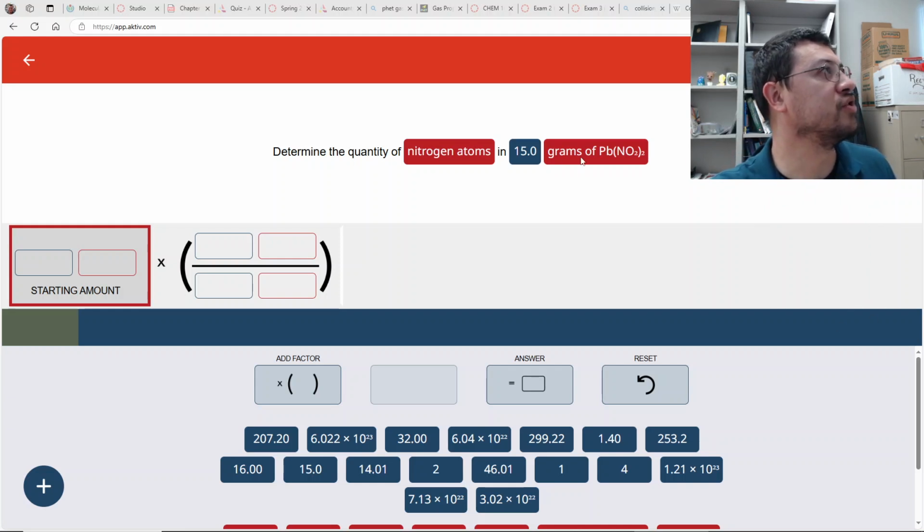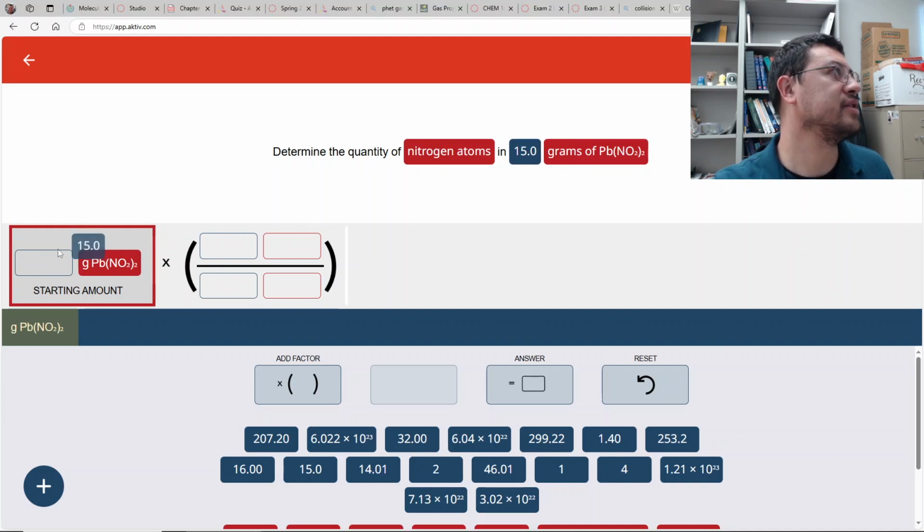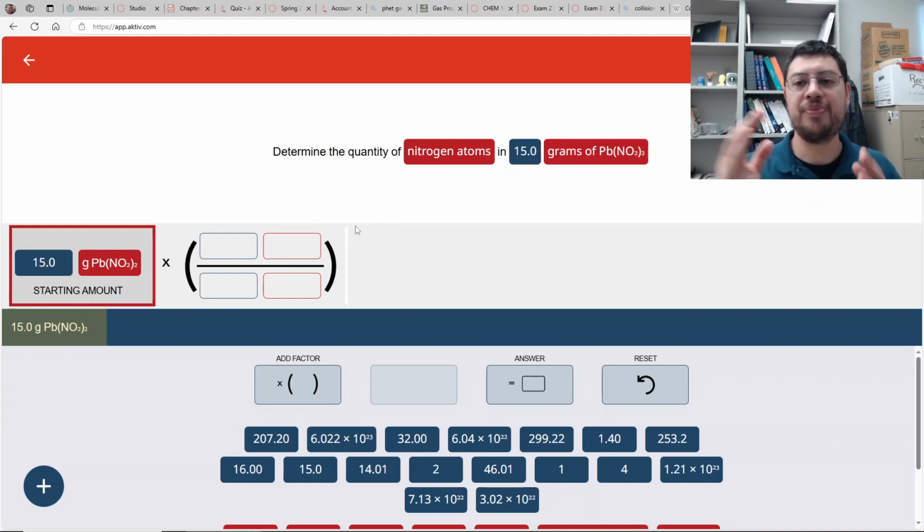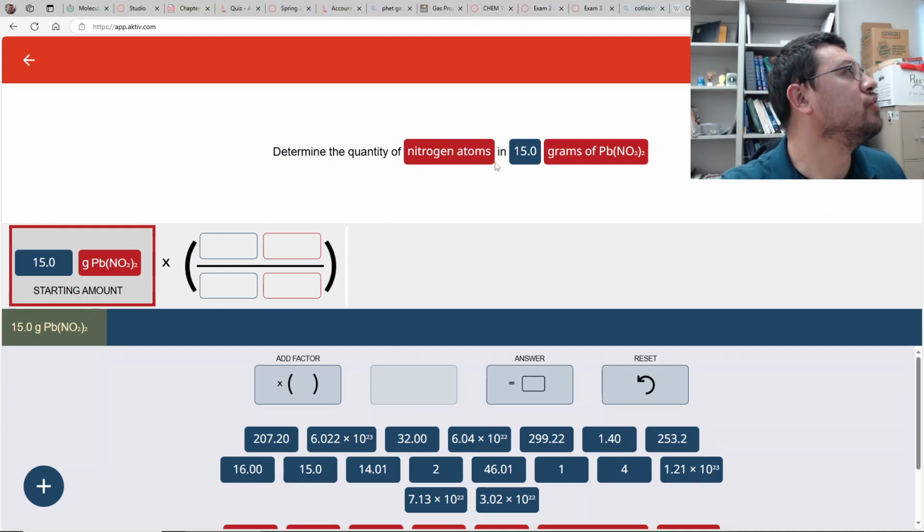So they give us grams and they're asking for atoms. Okay, so we'll start with this. That's what they gave us. And somehow we need to get to this. Okay. In order to go to atoms, you have to go through moles first. So we're going to go grams to moles to atoms. Okay. So without doing any math yet,